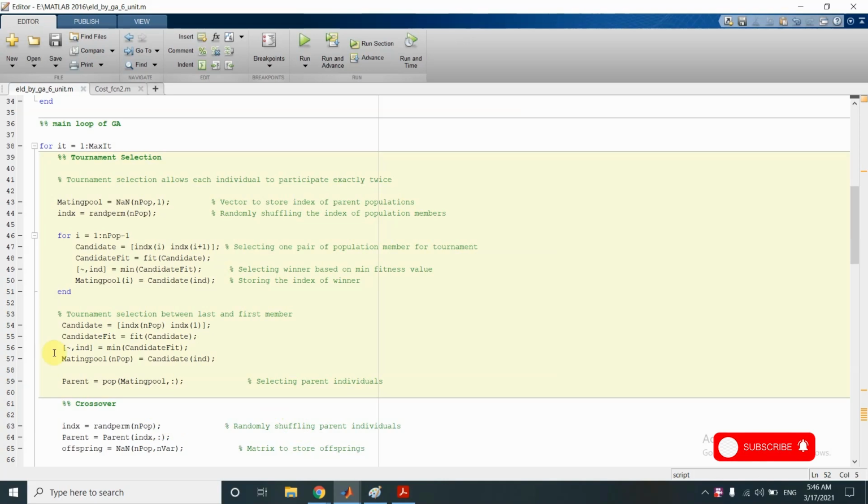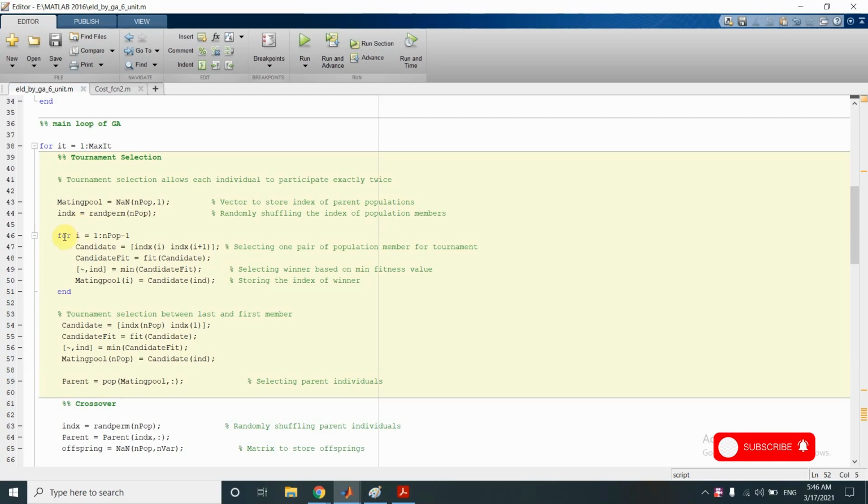Now, moving into the for loop, we will actually play with the indices. And in fact, not just indices, but randomly shuffled indices. This indx vector would actually contain the randomly shuffled indices. And when we use the elements of those indices for the tournament, we will proceed further.